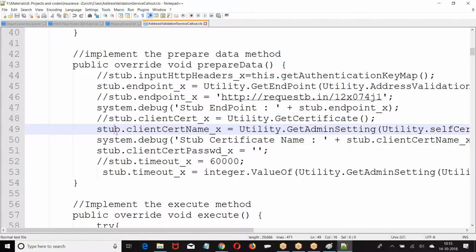But as per the new pattern in Salesforce, if we give the certificate name, the system will automatically fetch the corresponding certificate and password and append it. Previously we used to get it, append it, send it. But now if we give the certificate name, Salesforce will append the certificate and password and send it. So what is the format? Simply passing the certificate name, no other information, in case it is certificate based authentication.